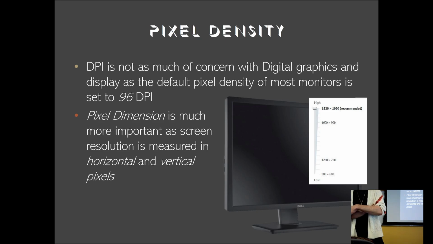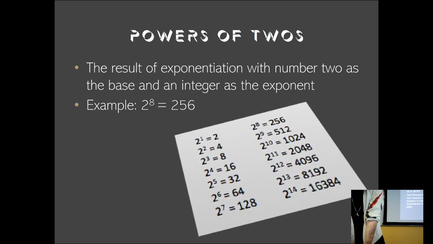Screens don't necessarily need to worry about that. It's more about the pixels. So pixels take dominance or prominence when it comes to screens. That's why you see things like 72 ppi or 300. The result of exponentiation with numbers. So your exponentiation with the number 2 is usually how we're going to look at this when we go to